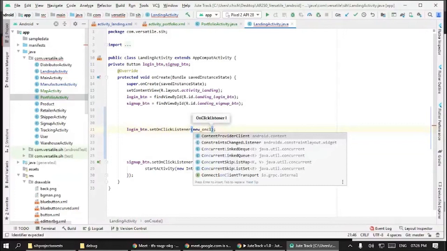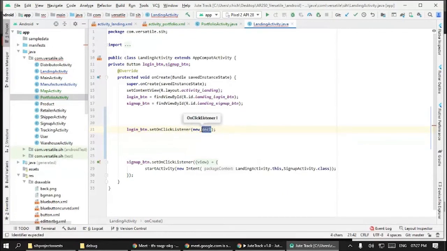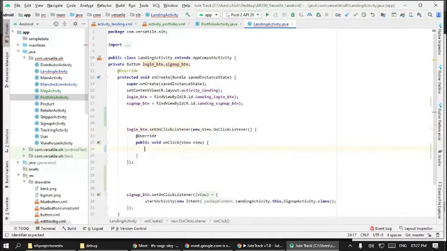Come on, Studio, help me. Where is your suggestion? I thought Android Studio would suggest a way to go, but it didn't. Oh, I think I missed my camel casing. If you look clearly, the O is capital. So I will press O. Oh, there it is. Just click here, and there is the code you want.